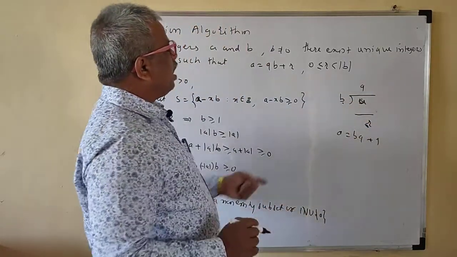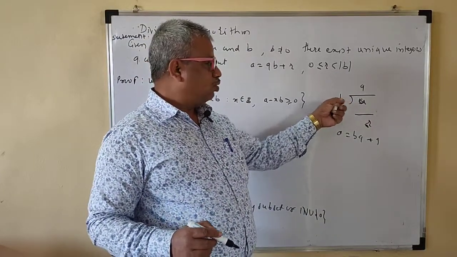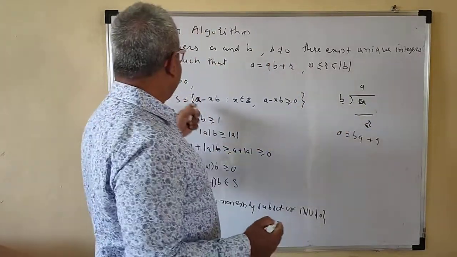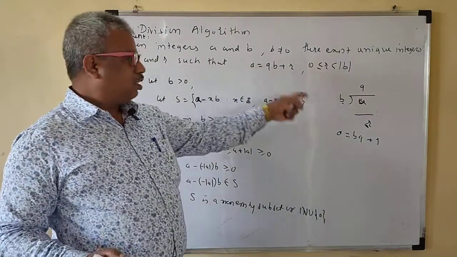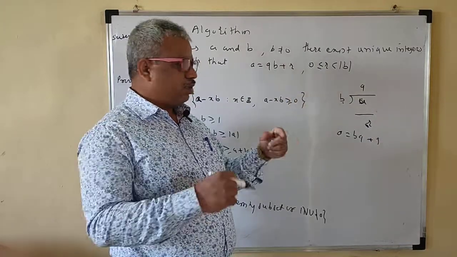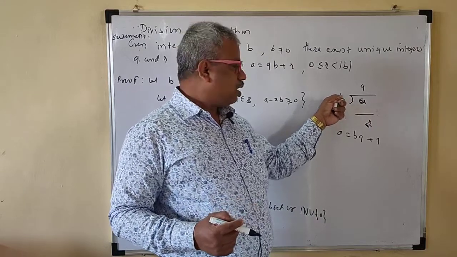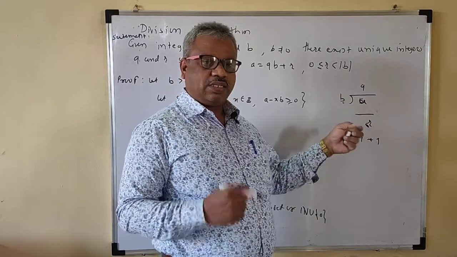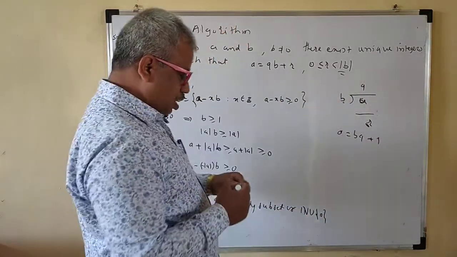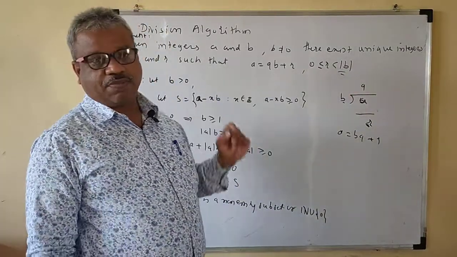Now you are dividing by b, and you know that you cannot divide by the number 0. So b should not be 0. That means a is the bigger number, which is the quotient times b plus the remainder. And the remainder is always less than the number by which we divide. So we are dividing by b, and your r is less than mod b. This condition is very important here. That means mod b is positive when b is not equal to 0.